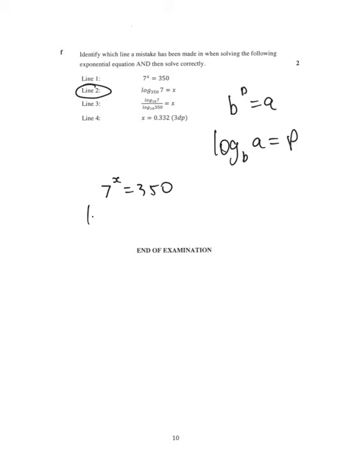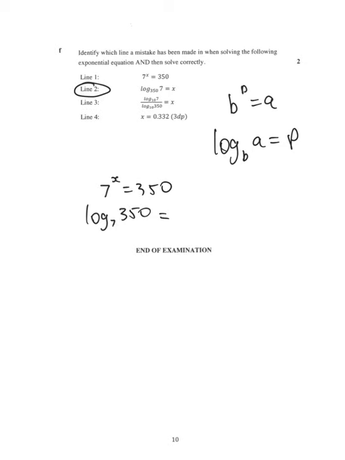I could rewrite that as log 7 of 350, 7 being the base, 350 being the answer, x being the power. And then I could do my change of base. X equals log 10 of 350 over log 10 of 7. Now, in fact, you could skip line 2 altogether and just go straight to line 3. This person has still made a mistake on line 3, as these two things should be switched. 350 should be on the top and 7 should be on the bottom. And you'll end up with your answer